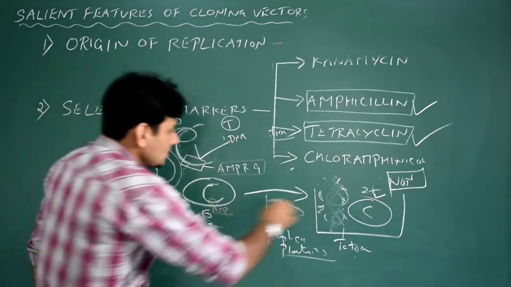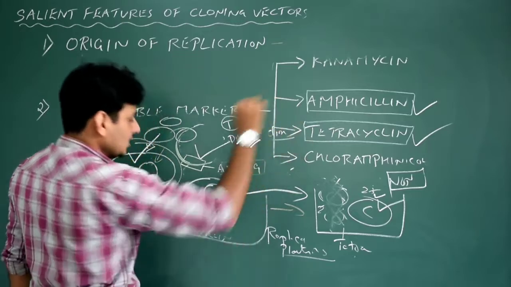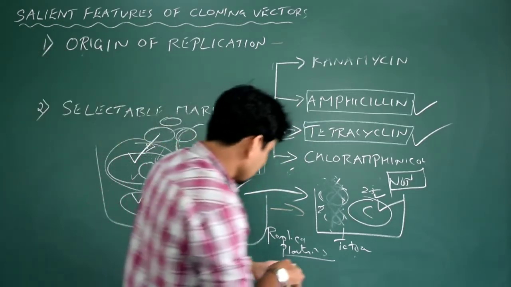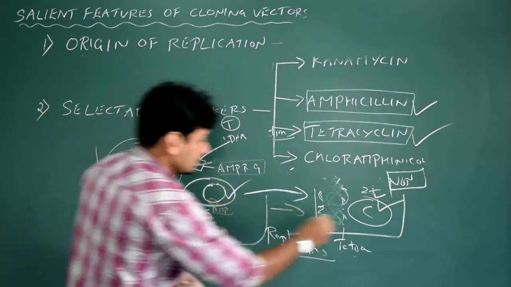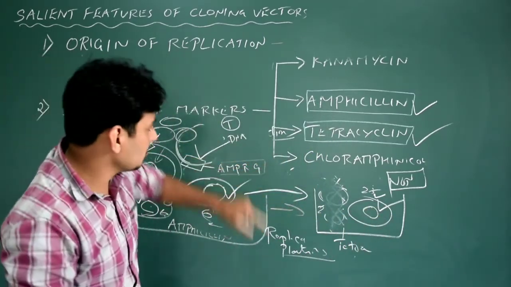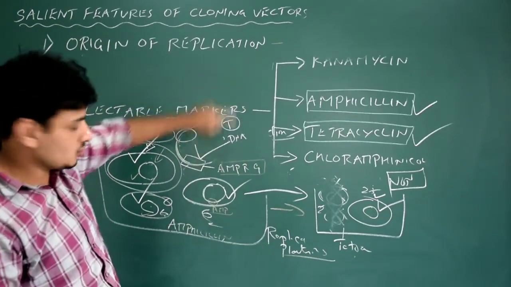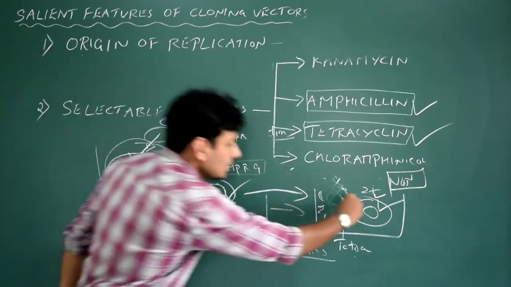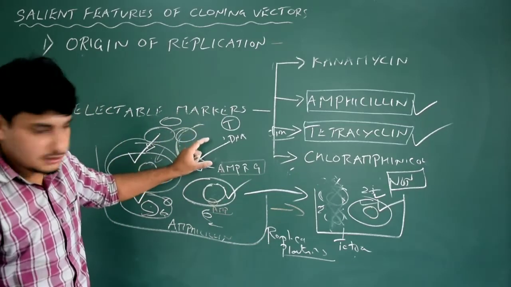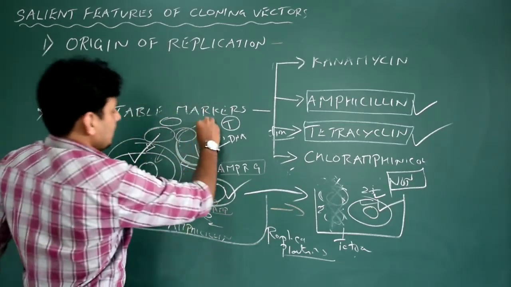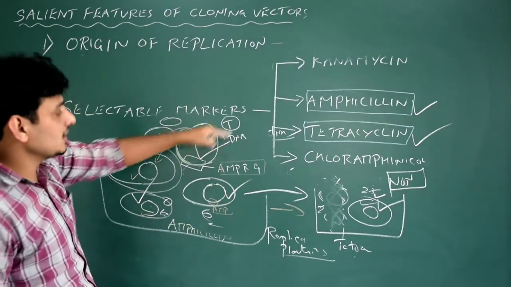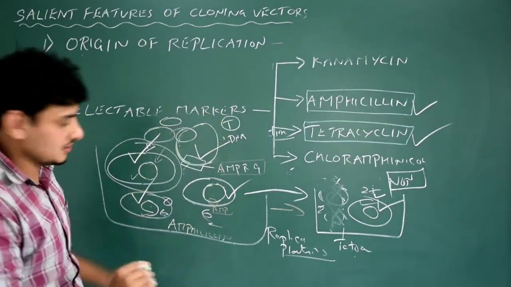So this colony survives in both cases. Sorry, I made a mistake. Actually, yes, this is correct. This is correct because the recombinant DNA construction failed, so I have to draw the entire cloning vector. So it also now survives in both conditions. Got it? I think there is no confusion here. In this one, the restriction enzyme step actually failed. If the restriction enzyme goes well, then only you can ligate. Yes, I made a mistake.